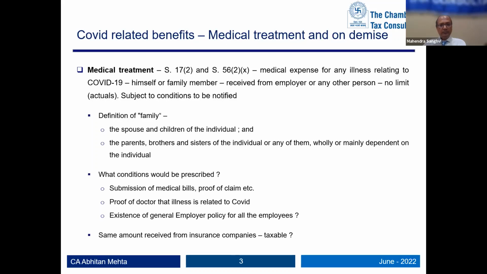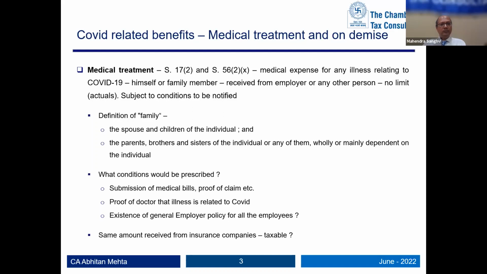And they have said that they'll prescribe conditions which are to be satisfied, but till date, as I'm aware, there is nothing which is prescribed. So last assessment year has already passed where returns have been filed. There is no further way to update those returns for a relief which you want to claim. And for this year as well, the due dates are nearby. And it is difficult to see, if the condition is prescribed now, how one would practically comply with those conditions.